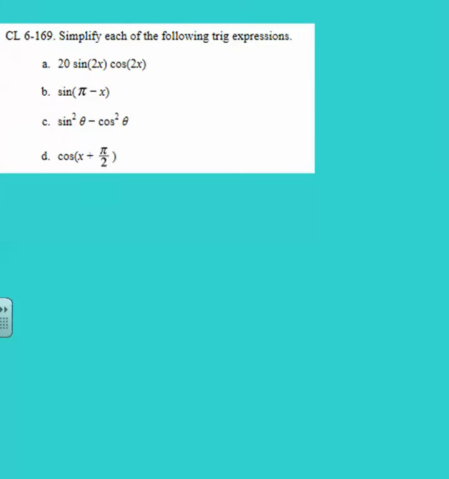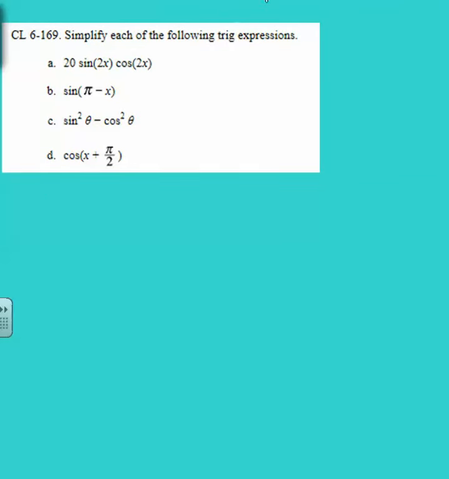Problem 169. Simplify each of the following trig expressions. So, starting in A, this looks pretty familiar to me. It looks like a double angle formula, the sine double angle formula in particular. So I'm going to go ahead and use that. It doesn't look exactly correct, so I'm going to go ahead and